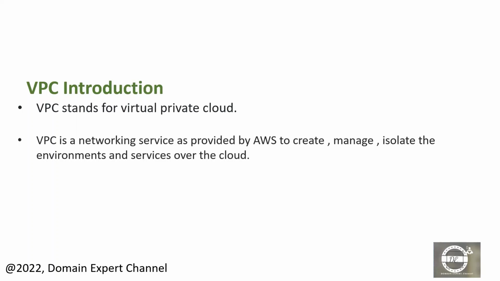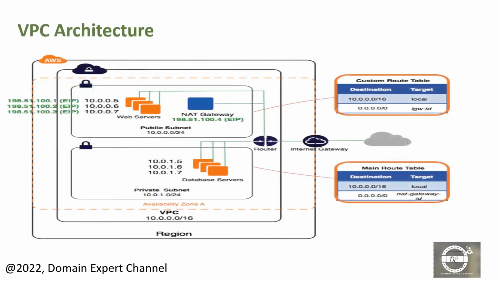Below is a sample, very basic VPC architecture having both a public as well as a private subnet. An IGW is also attached to the public subnet, and a NAT gateway is used to access private subnets via the public subnet. If you see this VPC architecture, I am going to create two subnets. One is a public subnet and the second is a private subnet. In the public subnet, I'm going to host web servers, and in the private subnet, I'm going to host database servers,